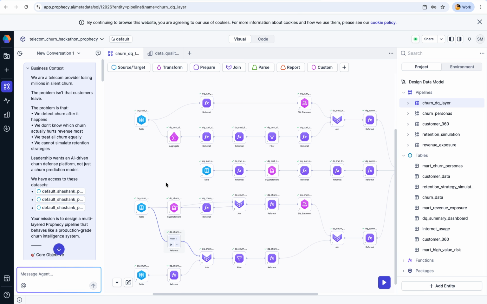These companies don't lose customers because churn happens regularly. They lose customers because they realize this churn pattern very, very late. Most organizations look at churn rate after the fact, which is the common norm. They treat all churn equally. They don't distinguish or put it in different buckets. They don't understand which churn actually hurts the revenue the most, and they definitely don't simulate what would have happened